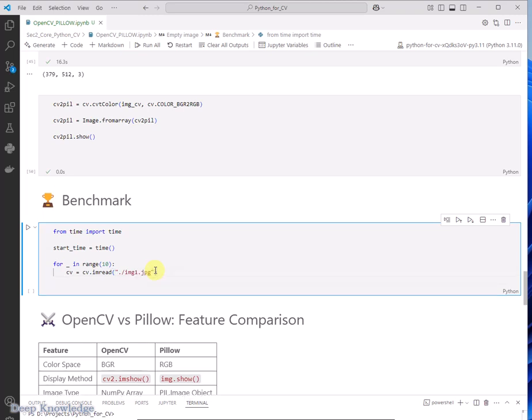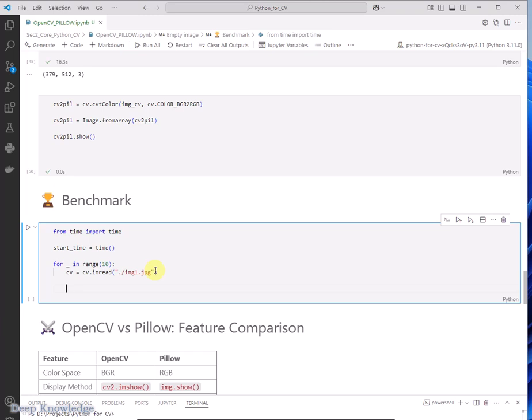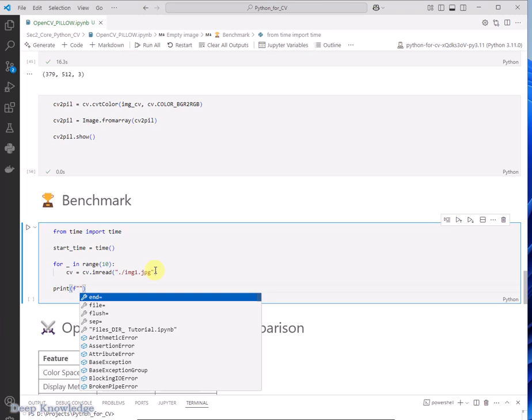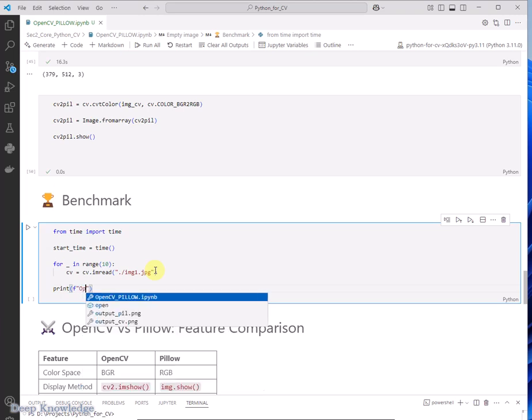So I'm only trying to read the image 10 times and see which is the fastest way, OpenCV or Pill. And let's see here, print. I can add OpenCV, and we can see here time